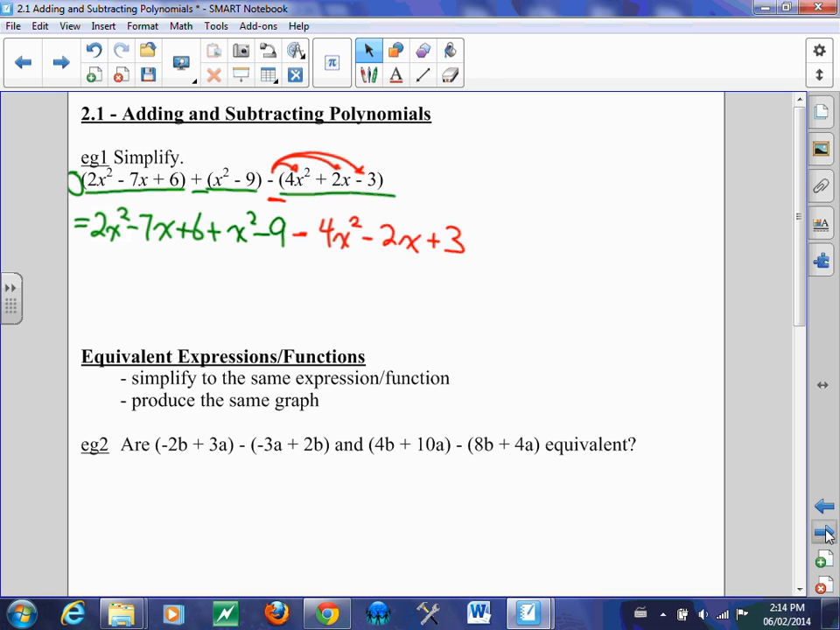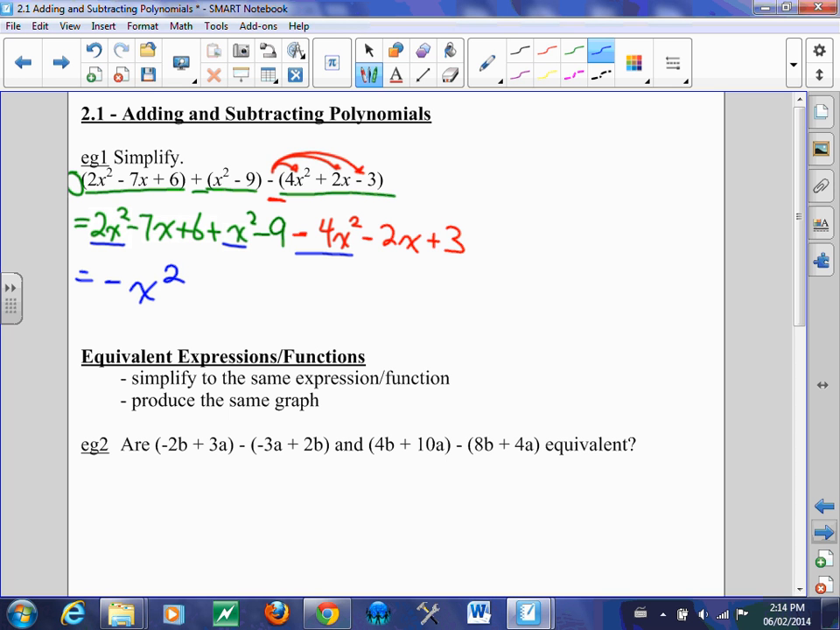After we have the brackets removed, then we can collect like terms, ladies and gentlemen. And to collect like terms, we start with the highest power first. So just take a look at x squareds. We got 2x squared plus 1 more x squared. That's 3x squared minus 4x squared. That's going to give us negative